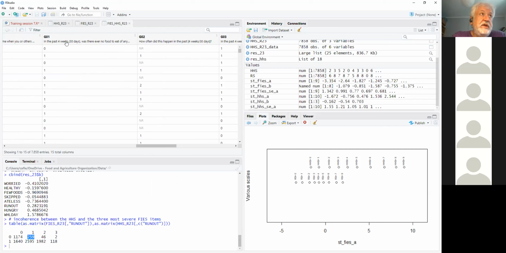And actually, 259 people said yes, rarely. 46 people said yes, sometimes. And 2 people said yes, often. Now, these are not big numbers, but in a precise way,